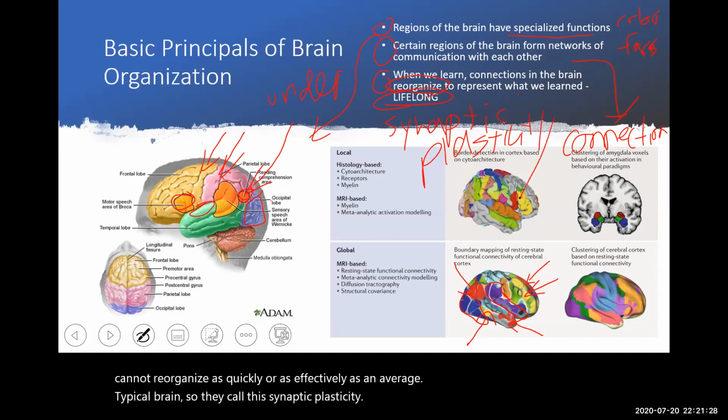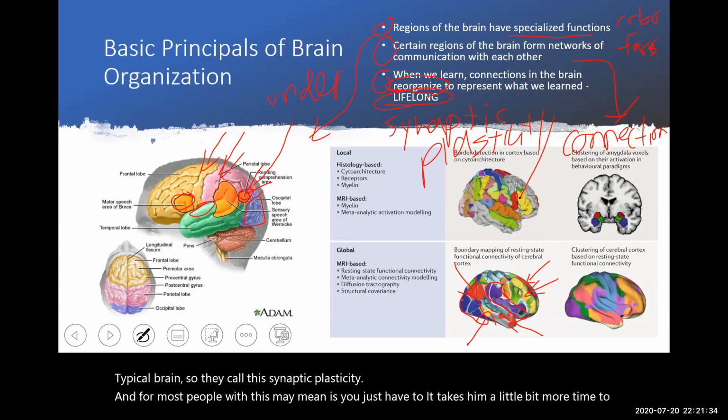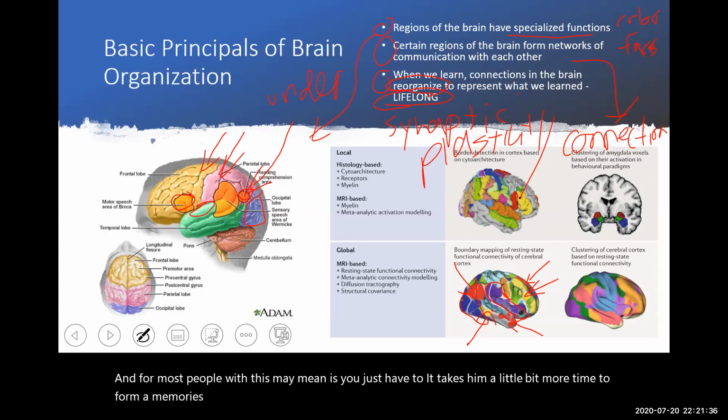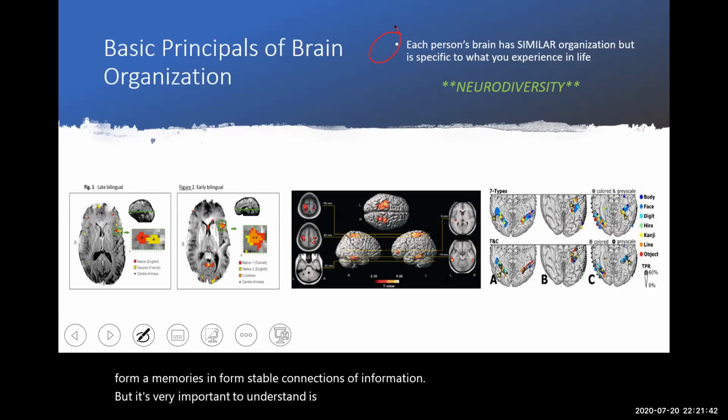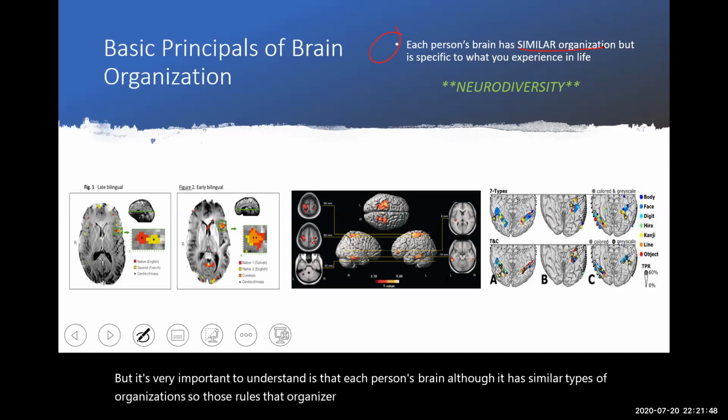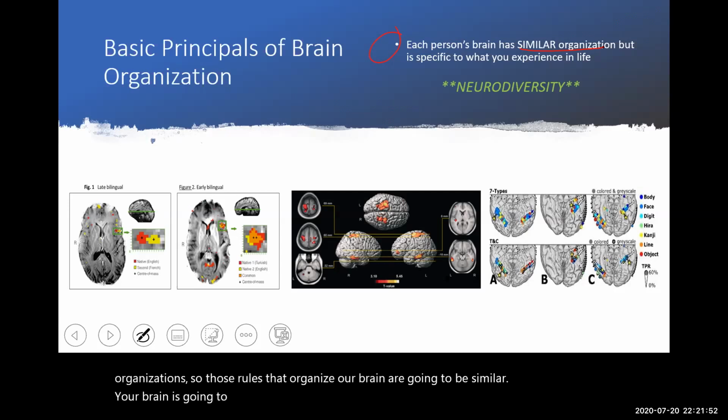And for most people, what this may mean is it takes them a little bit more time to form memories and form stable connections of information. But what's very important to understand is that each person's brain, although it has similar types of organization, so those rules that organize our brain are going to be similar, your brain is going to be very specific to you and everything you've experienced in your life and everything you've learned